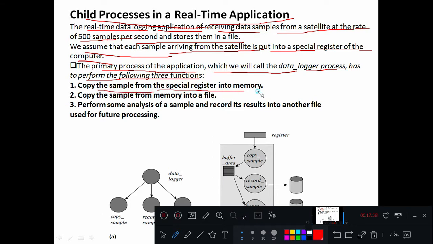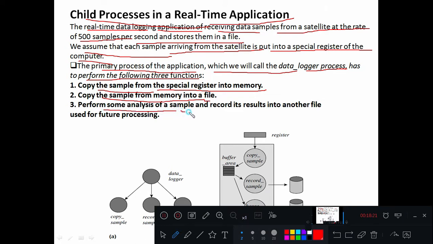Copy the sample from the special register into memory, and copy the sample from memory into a file. Whatever data we are receiving from the satellite will be stored in a special register, the content of the special register will be stored in memory, then the memory content will be transferred to a file.